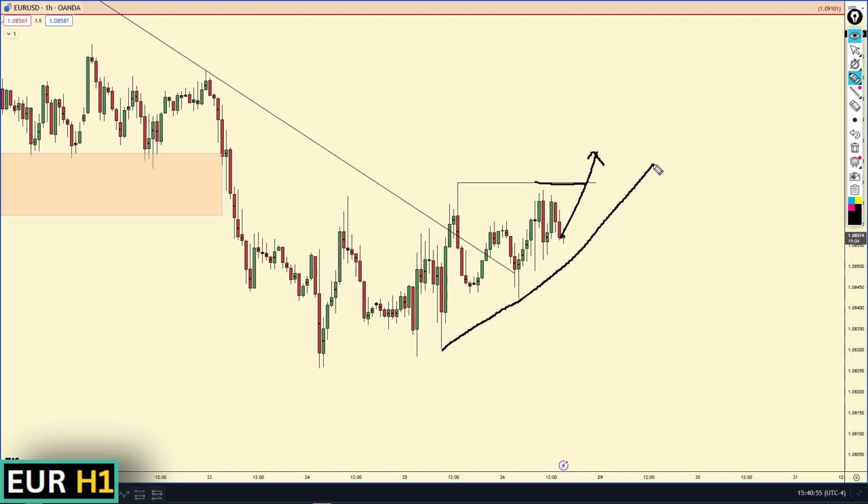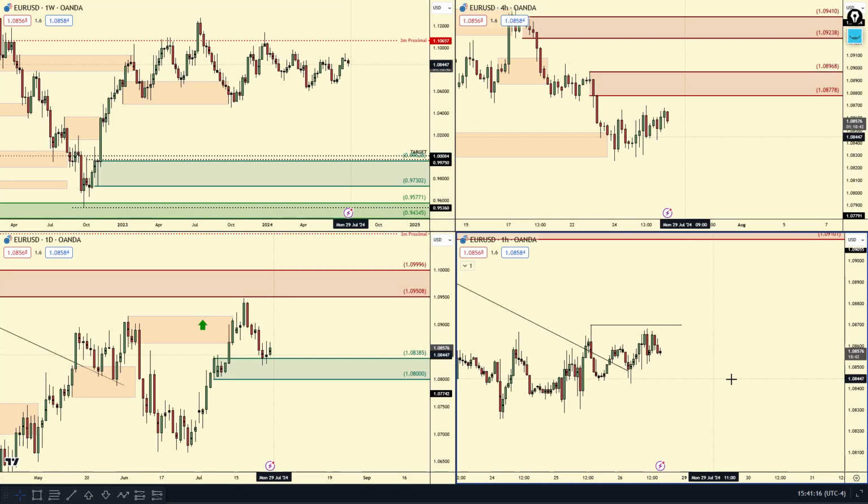That would give us a pretty nice upper momentum line here on the 1-hour chart, our trend line, and at that point, 5-minute time frame longs are going to be higher odds. But at any point, guys, since the daily demand zone is in control, we broke the downward trend line in the 1-hour chart, that is in theory a confirmation. So I personally think longs are going to be fine here on the Euro US dollar, especially on the day